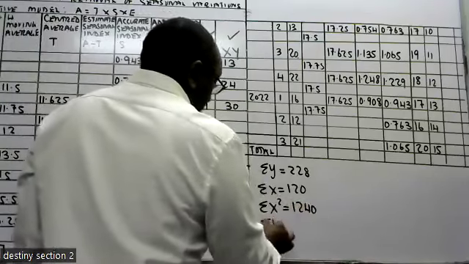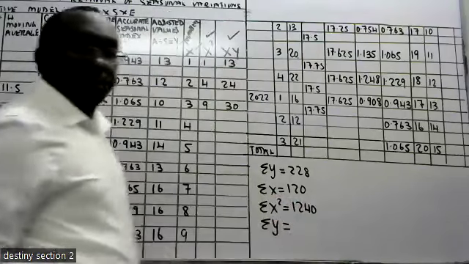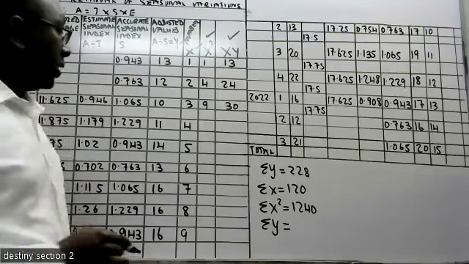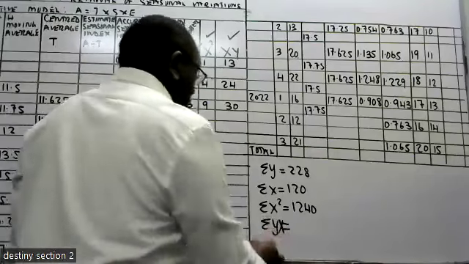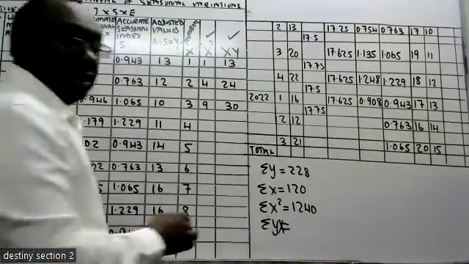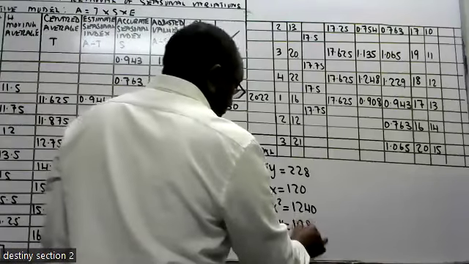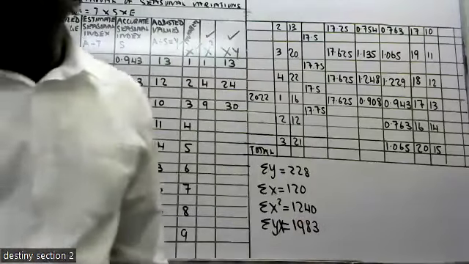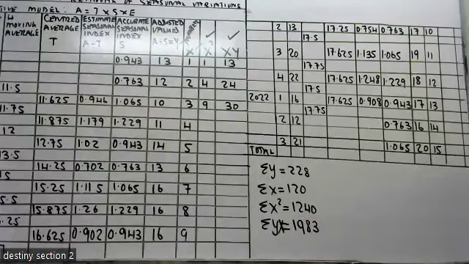And the last one is sum of xy, sorry, xy or yx. 1983. 1983. So if we're in agreement with those values,